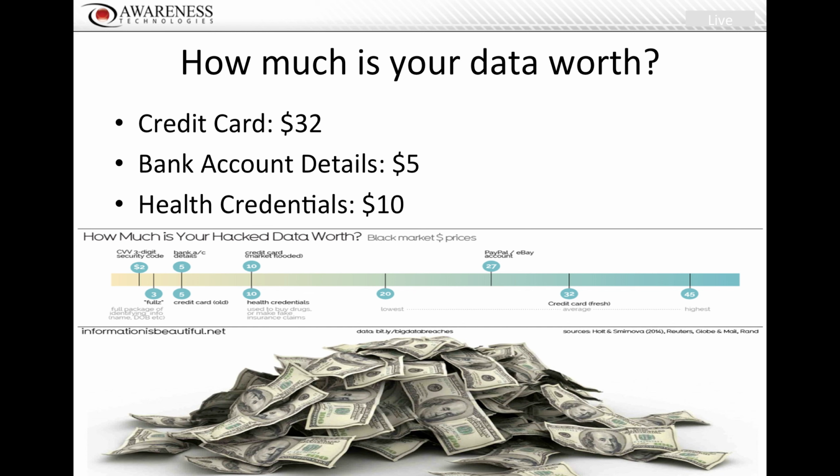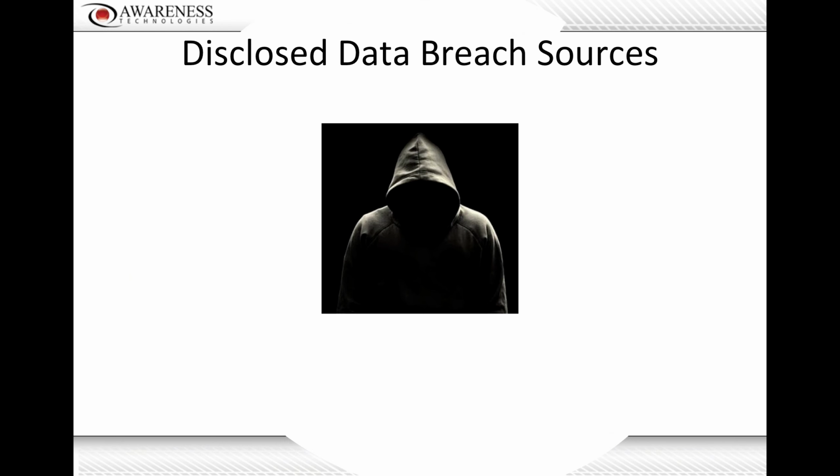If anybody's familiar with these stories, there are all of these black market websites that are basically like eBay or like Amazon. And when they do a data breach, they take all your information, they post it up, they sell it in packages, and you're able to get all this information for these low costs. So it makes sense for these guys to go after big targets, get as much of this information as they can, and then sell it off as quickly as possible.